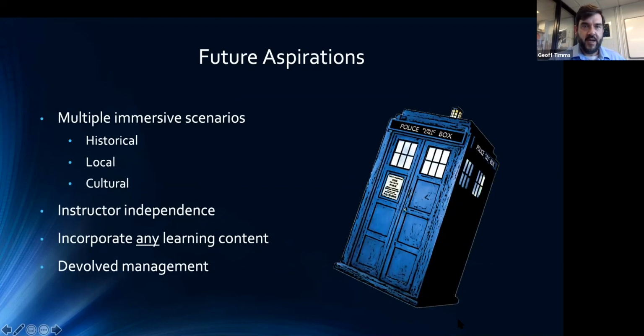What we really want to aim for is having instructors and librarians, library instructors and teaching faculty, be able to use this game independently of us, or more independently of us. And to that end, what we want to do is to separate the management of the immersive scenario from the management of the learning content. The idea being that we will maintain a platform in which there will be multiple immersive scenarios, but no learning content delivered on the platform.